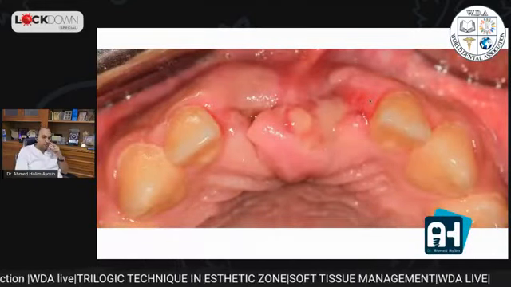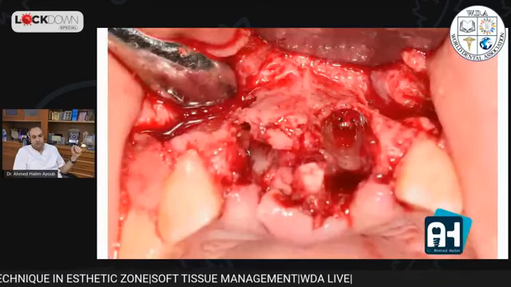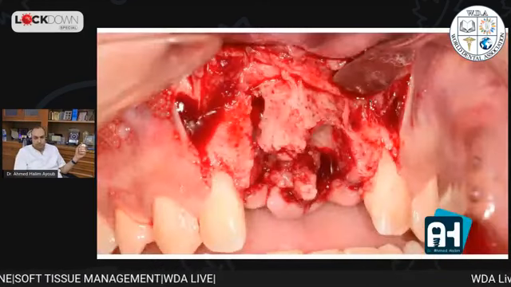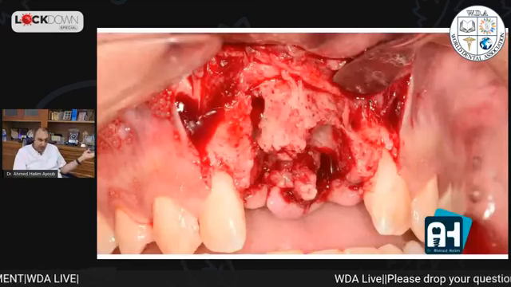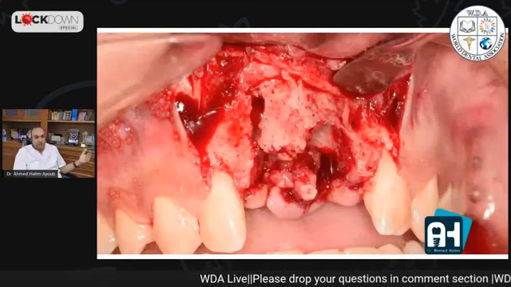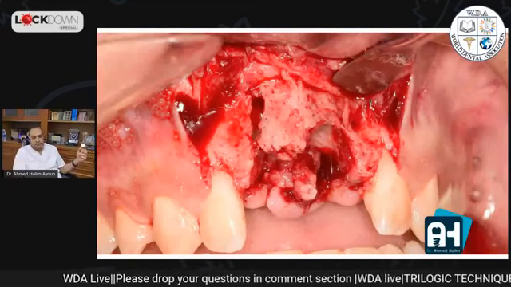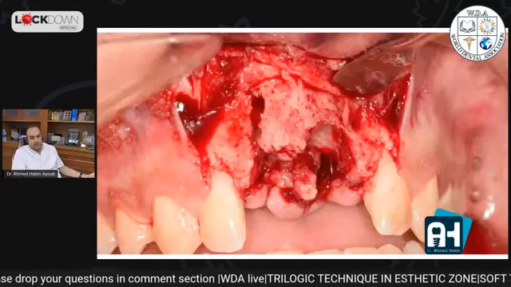Here is the preoperative. I opened my flap. It's a big mess. He has a big problem, a lot of bone resorption. And as I told you, the best thing to do is to simply do a socket preservation. But